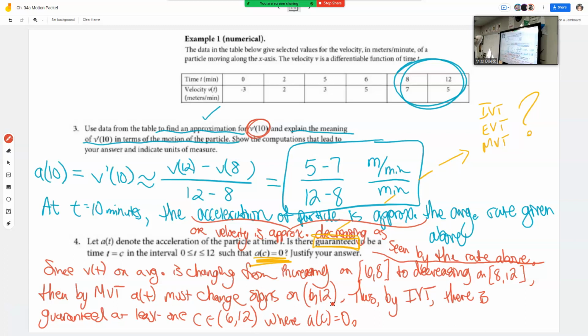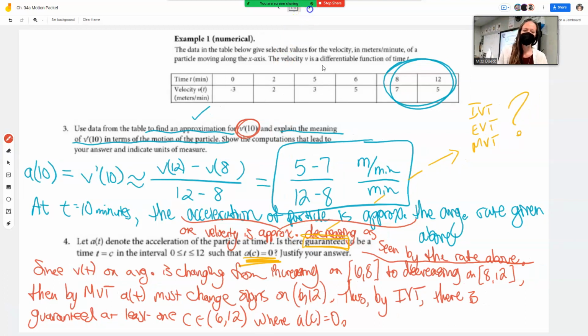Once you've given something, for instance, sometimes there are going to be really messy numbers. We can make that messy number an A, and we can use the letter A for the rest of the example and not have to keep saying the number. So they allow us to denote something, show something, and then refer to it, and that is not having to simplify. Or you can just keep writing the nastiness, but I couldn't write it here without simplifying. I guess I could have done the absolute value, but I just said the word decreasing. If I write that, I'm saying decreasing at a negative, and I'm canceling out the meaning of the negative. Does that make sense? That's why I was being really careful with that.